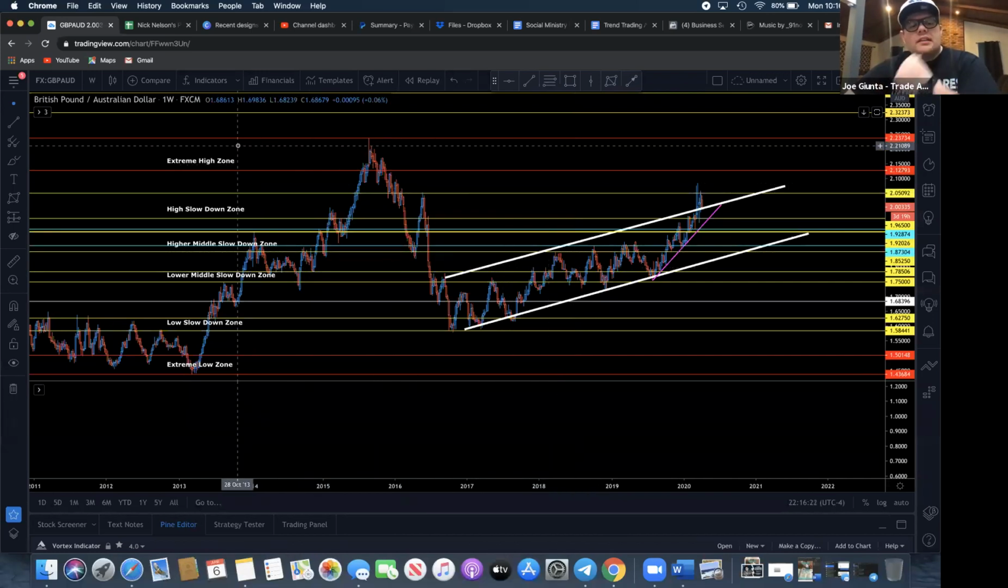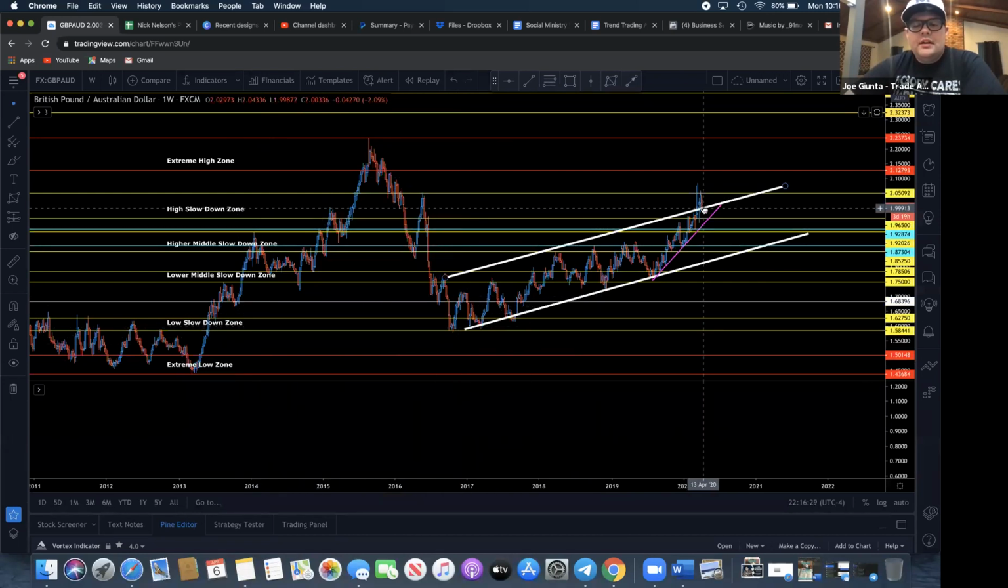But when we look at all of my markups right here, we can see that we've been in this upward swinging channel for over 3 years. Recently, with news and coronavirus and everything else, we've kind of broken out of the channel. A lot of that in the beginning was due to gaps and a 1,000 pip candle on news, a 1,200 pip drop on news, of course coronavirus, fires in Australia, elections. There's been all kinds of stuff going on.